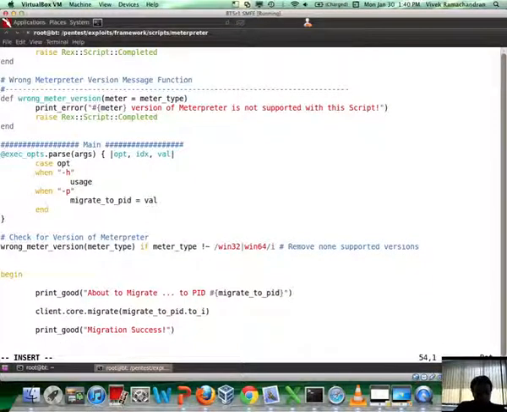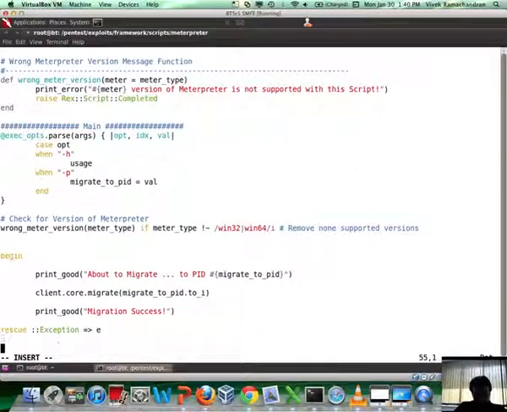Now if there was an error, then basically we're going to get an exception. And if you want to print an error, which is this, we're just going to type in print_error, and then we can say migration failed with a little crying smiley.